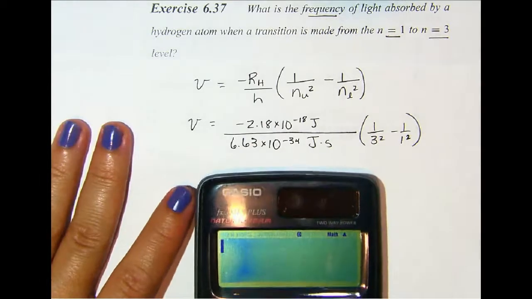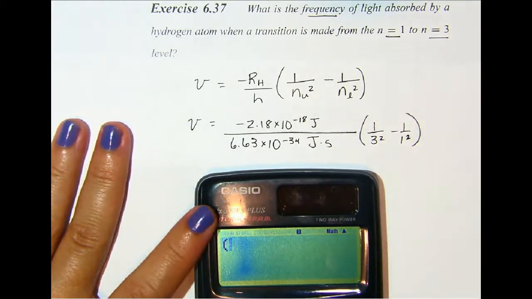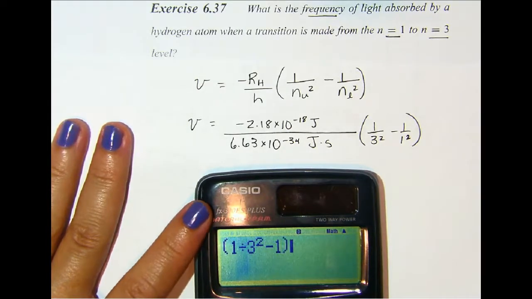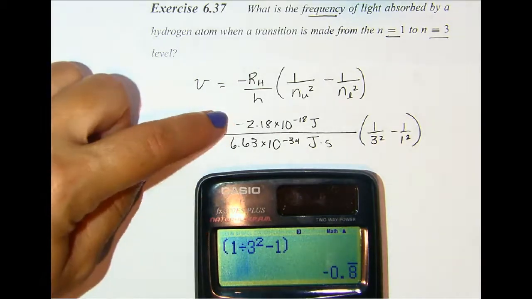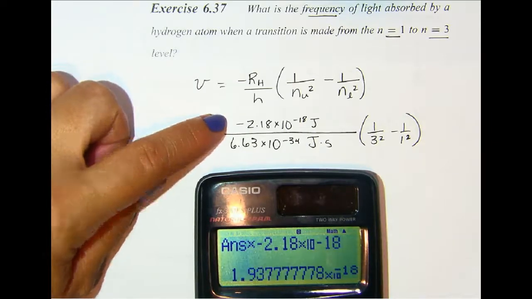And so now we'll type it into our calculator. I'll take care of this first. So open parenthesis, 1 divided by 3 squared minus 1. Close parenthesis. Go ahead and get that answer. And then I'll multiply times the numerator times negative 2.18 times 10 to the negative 18 equals, and I'm going